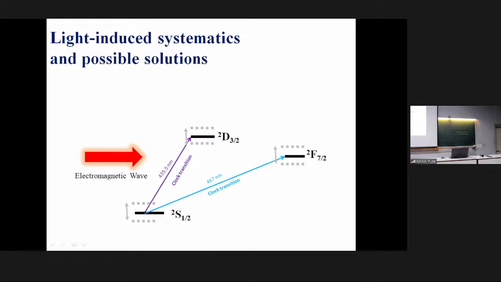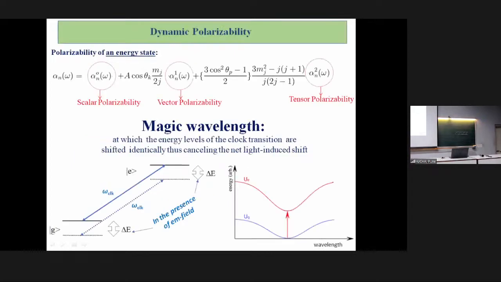Due to this external very intense laser beam, both of these states will shift. It's not necessarily that both of these states are shifting by the same amount and in the same direction. They can also shift in two opposite directions, or in the same direction but with different amplitudes. But the point is, you will see the shifted, perturbed frequency. That's what you don't want. So for that, you have to